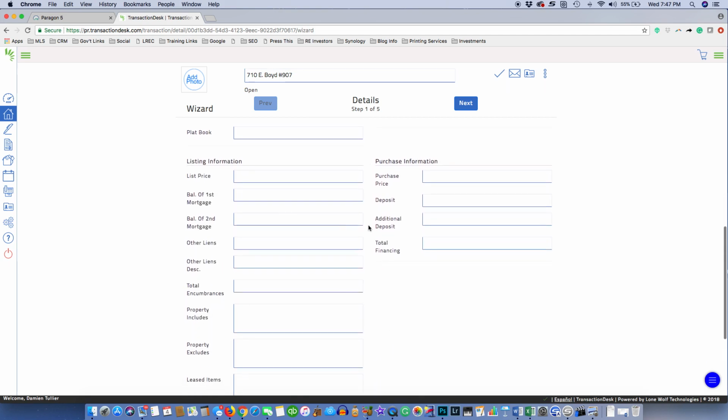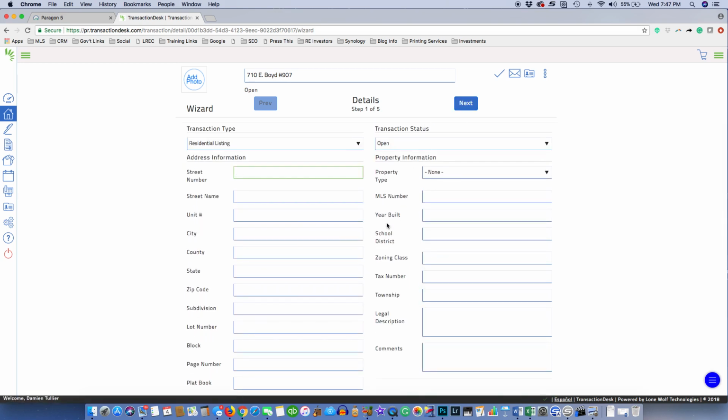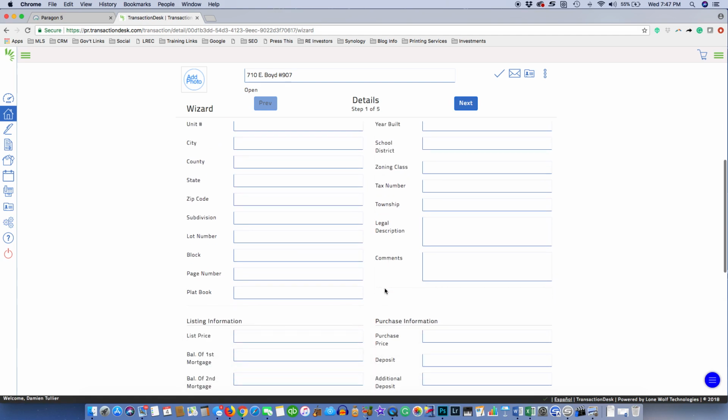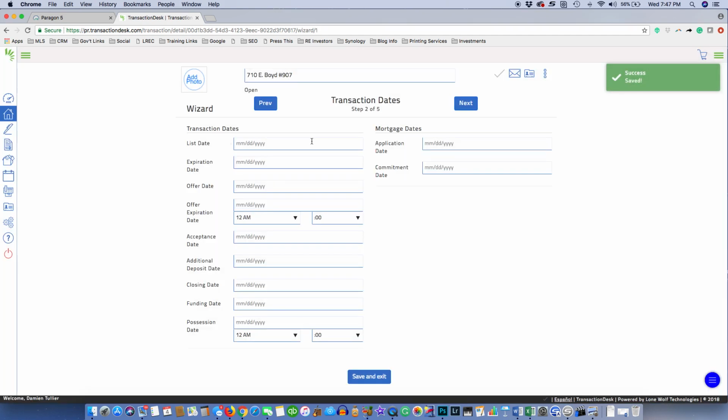But the thing that I really found interesting was some of these other dates, and I think it's actually on the next screen. Let me just double check. Yes, it should be on the next screen. So when you're looking at these list dates, offer dates, all these dates, I've always skipped over this stuff, and then I realized that you can build other dates off of these dates,